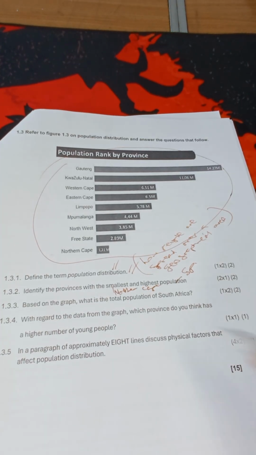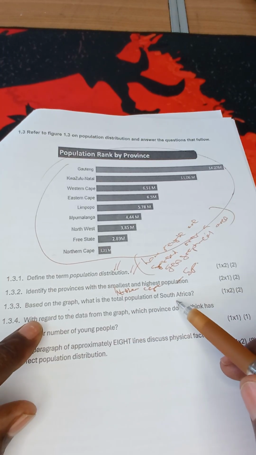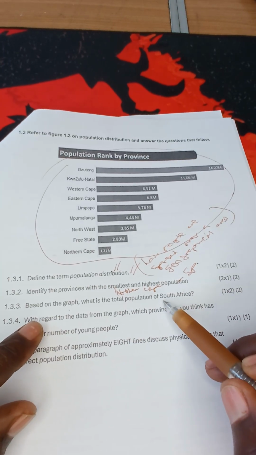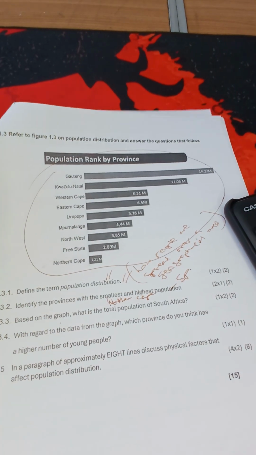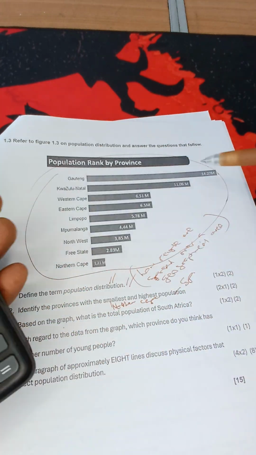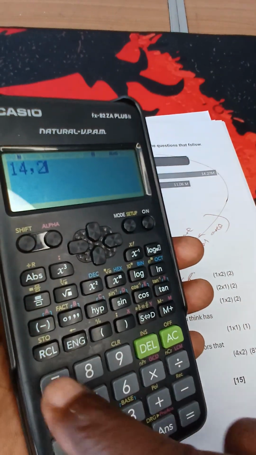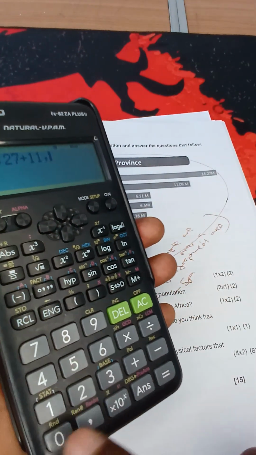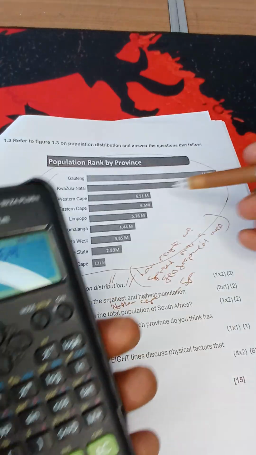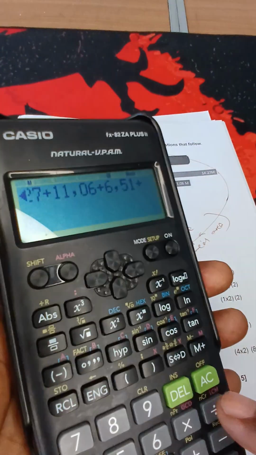Then let's move on. Based on the graph, what is the total population of South Africa? Which means now we are going to add everything. We are going to add everything, which means we have got our 14.27 plus 11.06 plus 6.51 plus 6.5